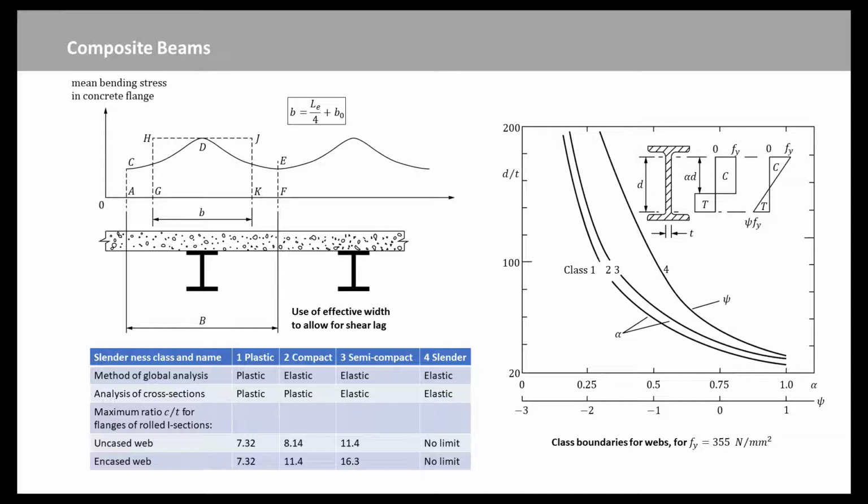The class of a steel web is strongly influenced by the proportion of its clear depth, d, that is in compression, as shown in this figure. For the class 1, 2, and 2, 3 boundaries, plastic stress blocks are used, and the limiting d over t ratios are given in the current Eurocode as functions of alpha, defined in this figure. For the class 3, 4 boundary, elastic stress distributions are used, defined by the ratio psi.